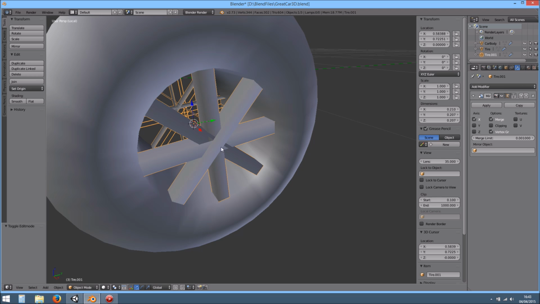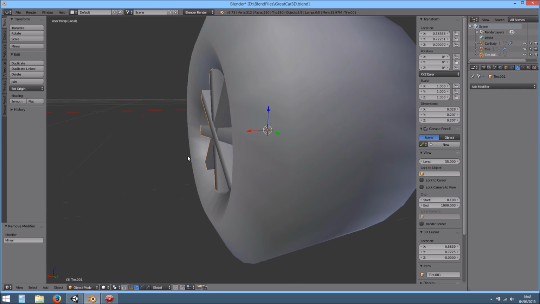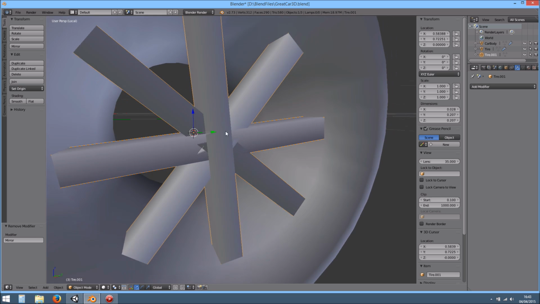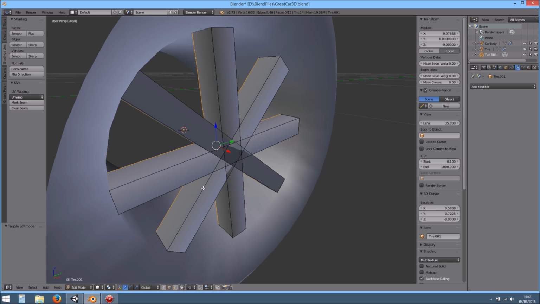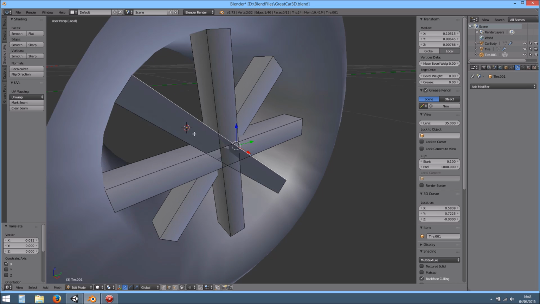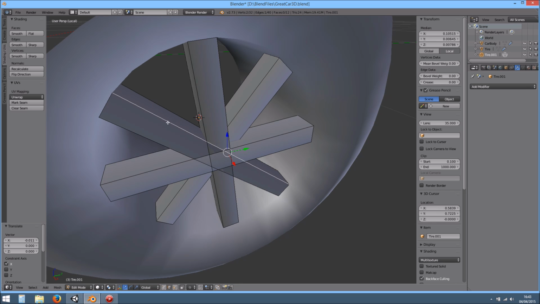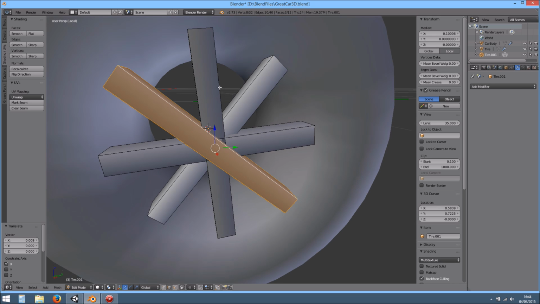Alright, so on the rim I don't need the mirror, so I'm going to remove it. We only need it on one side. And this is not a modeling tutorial, so we're not going to do something fancy here. We're just going to do something fancier like this. With one edge selected, I hit the L key to select all the mesh of this object. So maybe like this, and this one